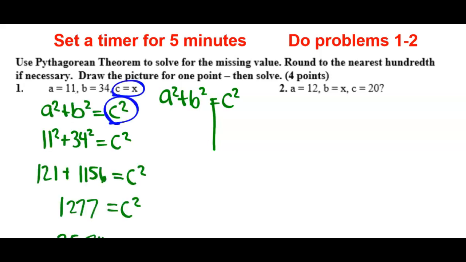Okay, as you went through problem number 1, you should have got an approximated answer. You should have got a decimal, okay? First you identified what your A, B, and C were. C is what you're looking for. So we are putting our C squared all the way down. I've got my 11 squared plus 34 squared, filled that in, squared those, and then I got to C squared equals